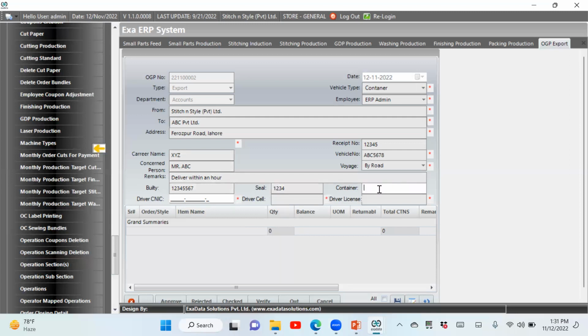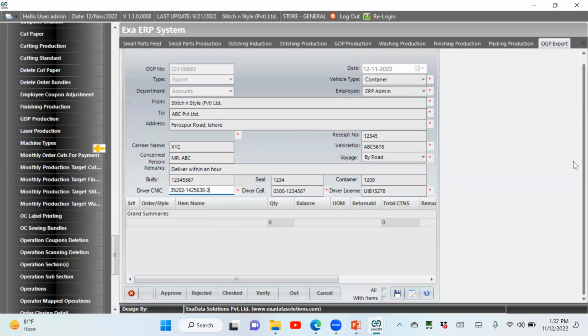Then the seal number, then the container number, the driver license, driver cell phone number, driver CNIC number. As you have seen, I have filled all the quantities which were required to be filled. So now I'm going to save it with the